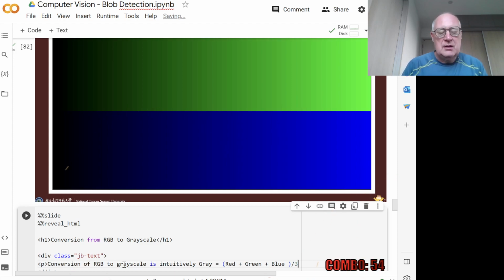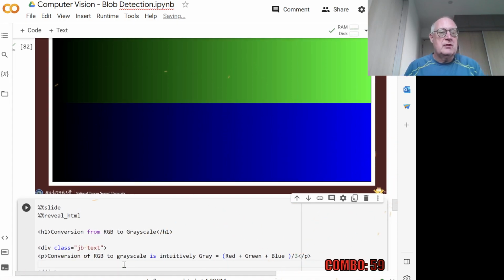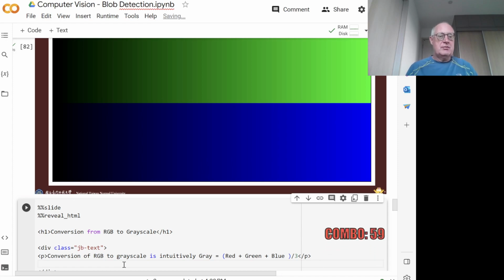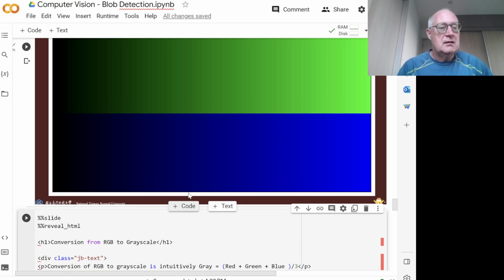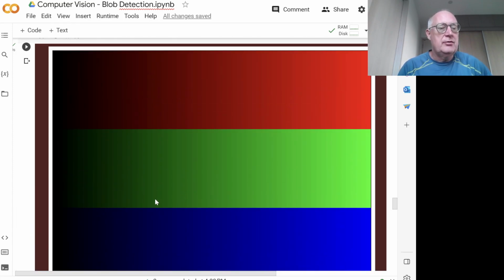So intuitively, you would end up with a conversion that just says red plus green plus blue. The average intensity of the pixel in the 3 channels is the grayscale of the image. But that is not actually true, because here